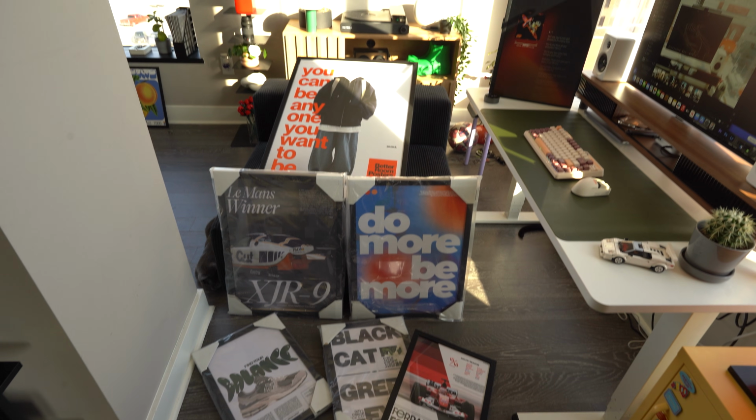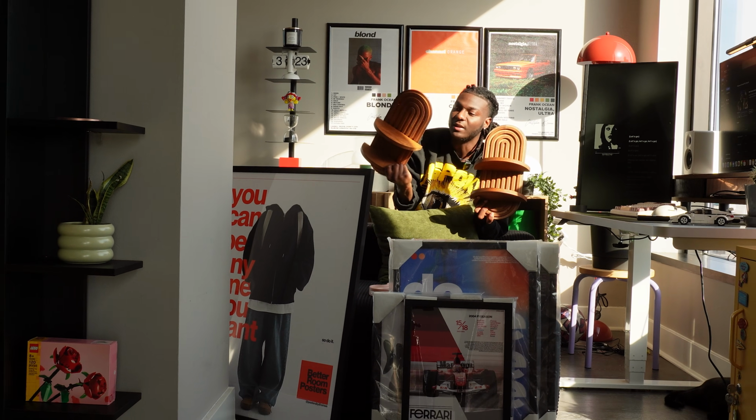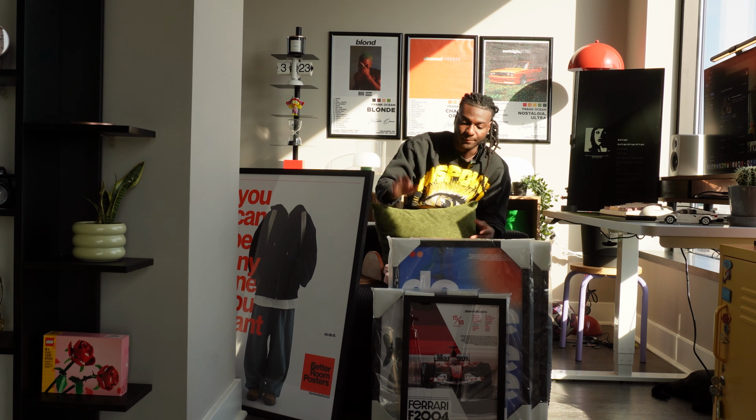Okay, so we have a lot of posters from this brand called Posters by Thomas. Shout out to that guy. And then we have these little shelves and this mirror, as well as some other stuff that I will be getting into soon, but